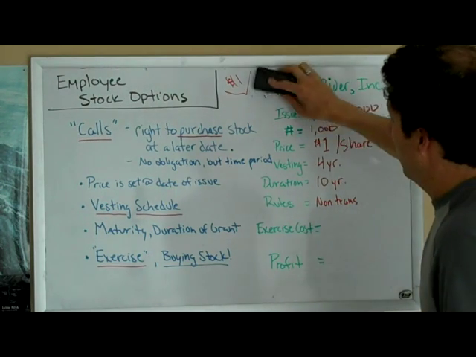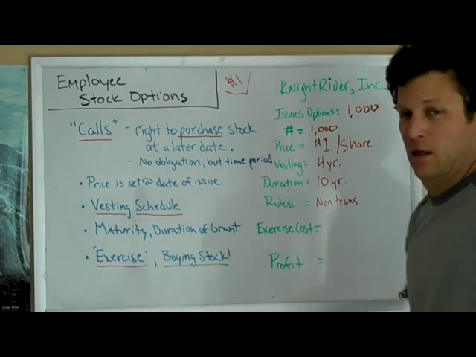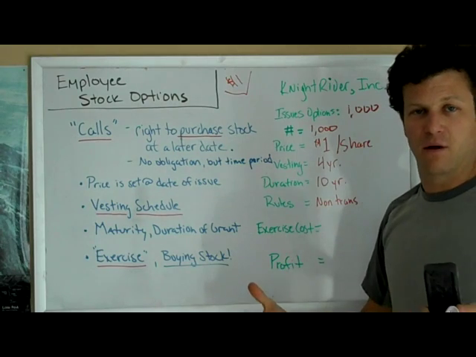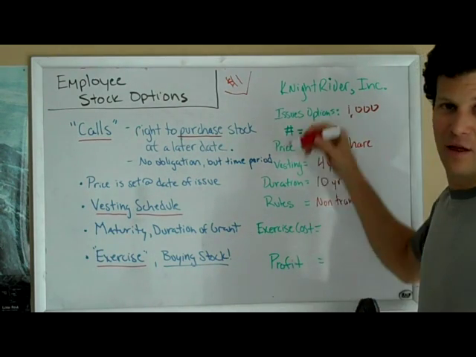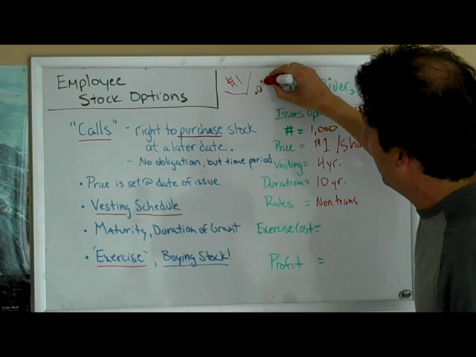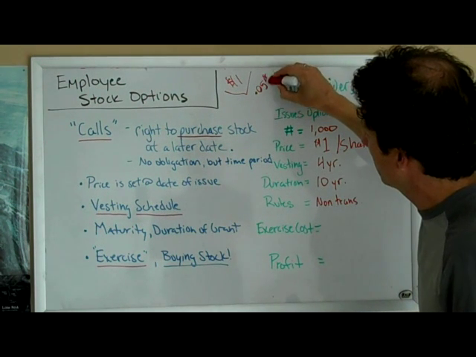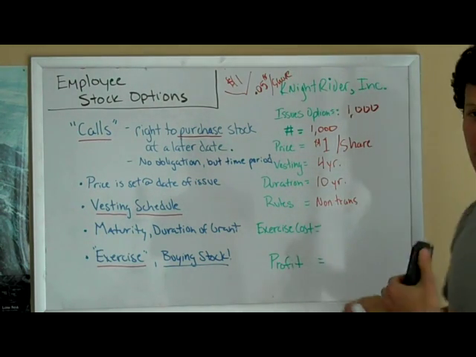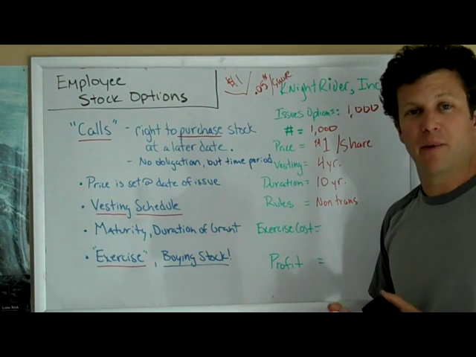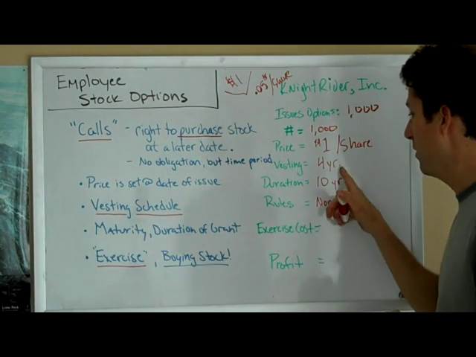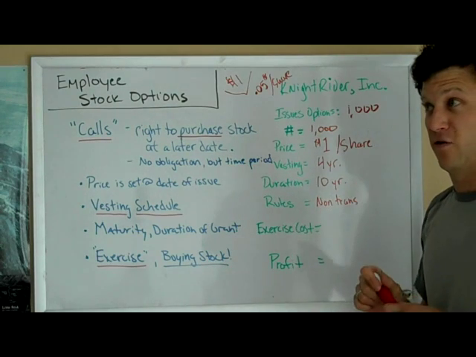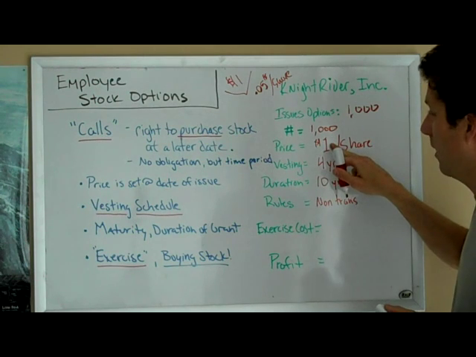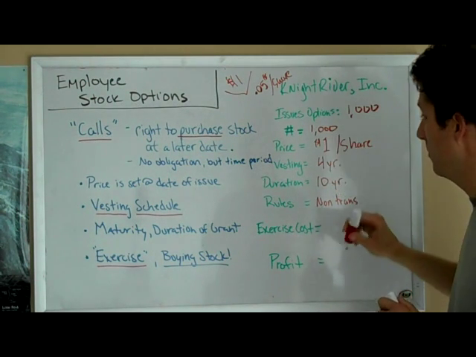David Hasselhoff drinks too much, passes out repeatedly at a ball for the Queen of England. Everyone stops watching the Knight Ridder shows, and the stock price goes down to 5 cents per share. Okay? That's bad. Why? Because now when my options come up and I'm ready to exercise them after my 4-year vest is complete, I think to myself, do I want to exercise it? Is it worth it? And I multiply the $1 per share, which is my exercise price, which hasn't changed, times 1,000 shares